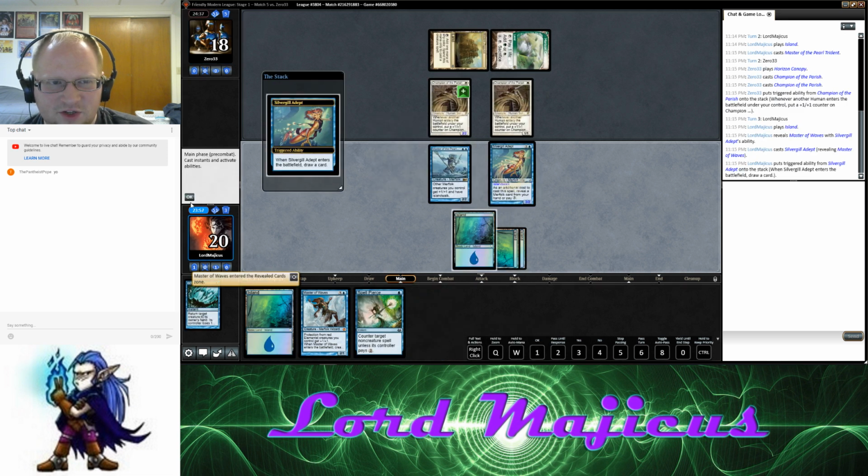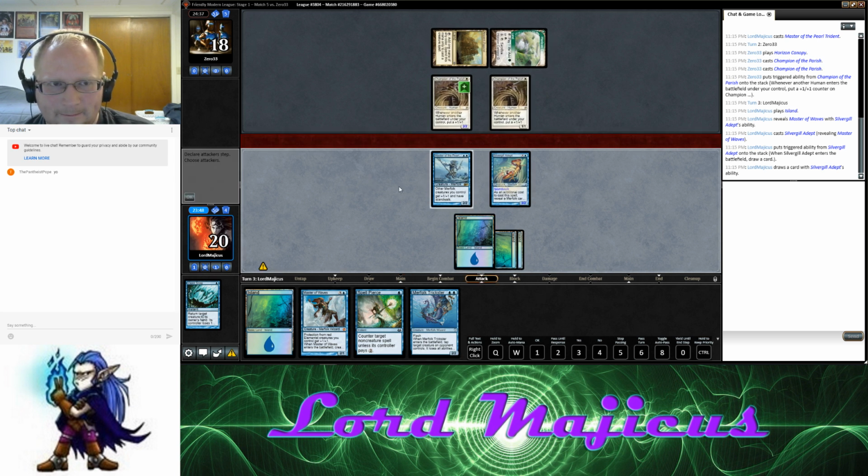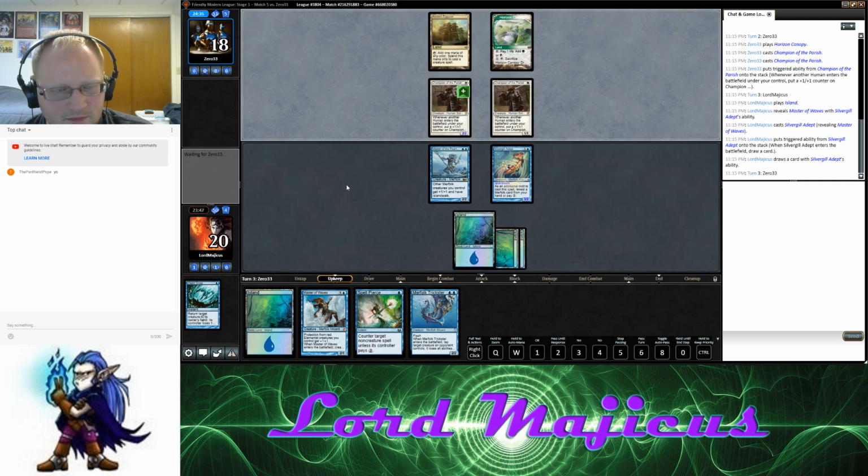Nah, I should have waited to do this. We'll get punished if we draw Mutavault. Alright, Trickster's fine. I don't want to attack yet because we need the Devotion for Master of Waves. I guess we're holding up Spell Pierce in case, like...